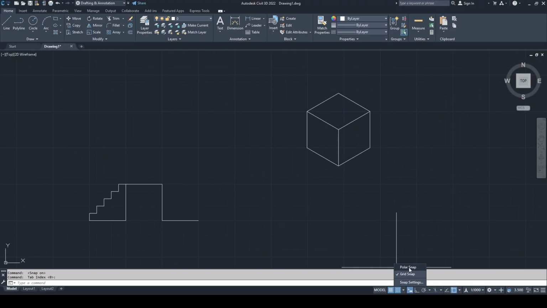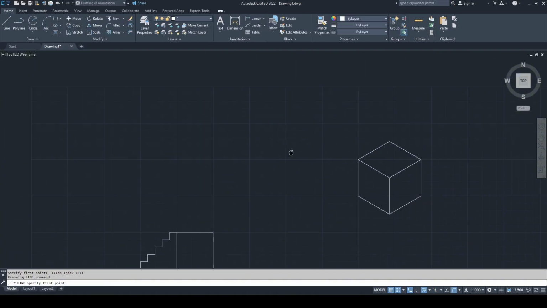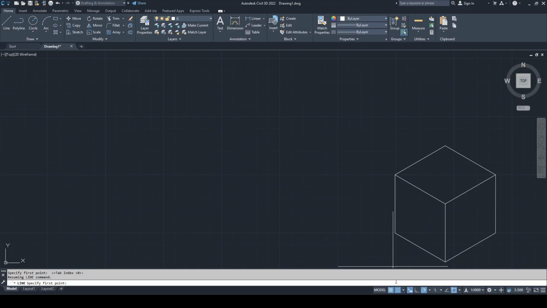The next thing is polar snap. For polar snap, you have to turn this option on, which is called polar tracking. Now let me show you some settings. You see polar spacing, polar distance. You can set a distance of 10 or 20 meters or whatever you want, and let me show you what it does. So after selecting that,